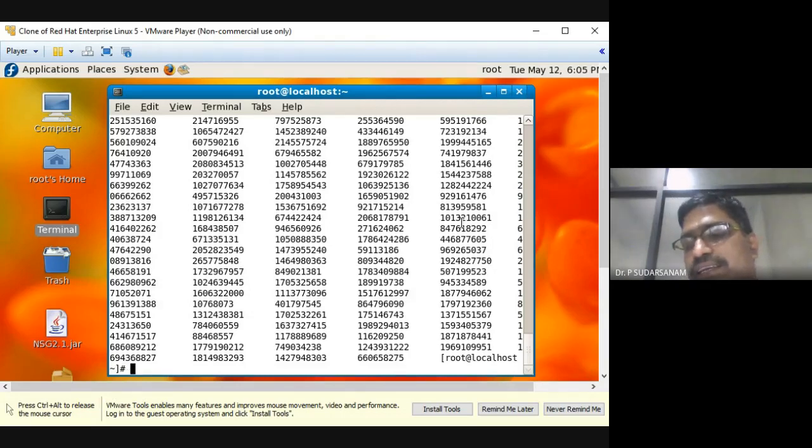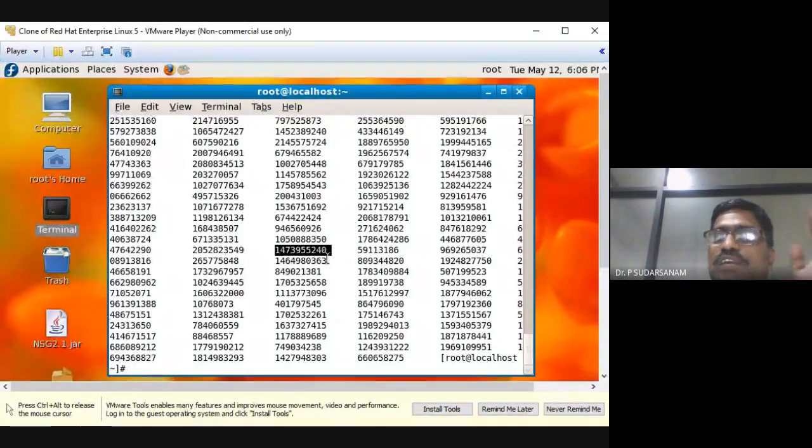Anybody can say? Arjun? You see these numbers I have bolded: 14, 73, 95, 52, 40. I want to make these 3-digit numbers. What do I have to do? Any functions you can suggest? All numbers I want to convert to a maximum of 3 digits, or maximum 2, or maximum 1.